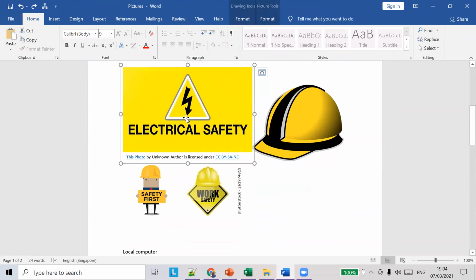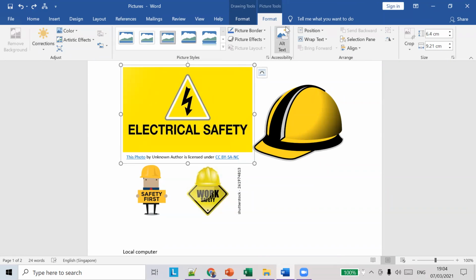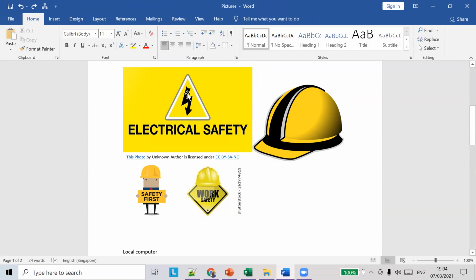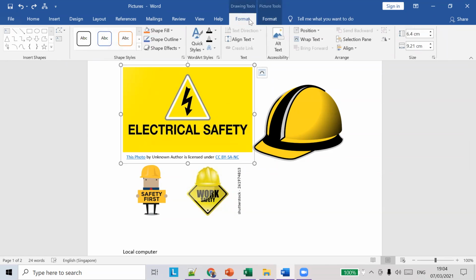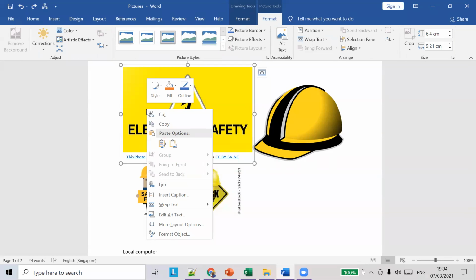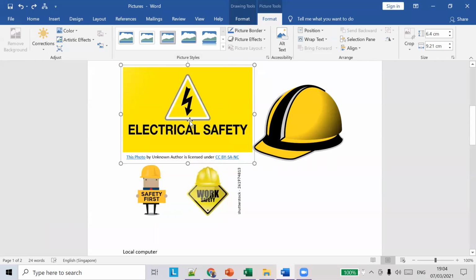Similarly for this electrical safety picture, maybe we'll try remove background here. Okay, it's disabled, so leave it. Okay, now it's available. So click remove background.